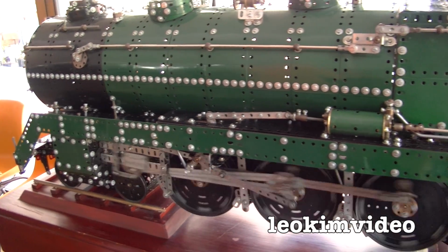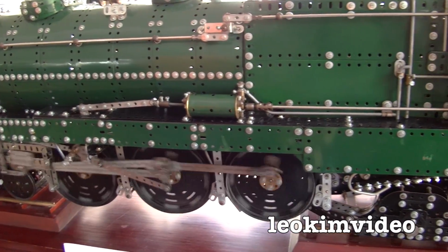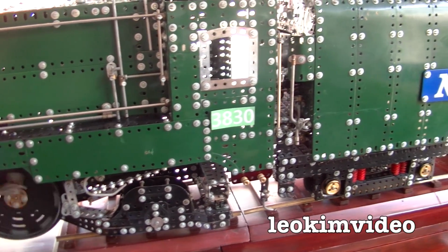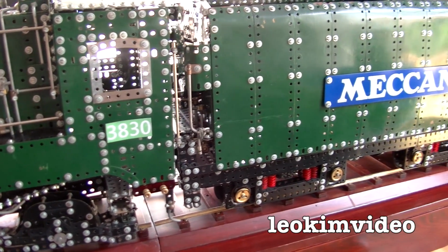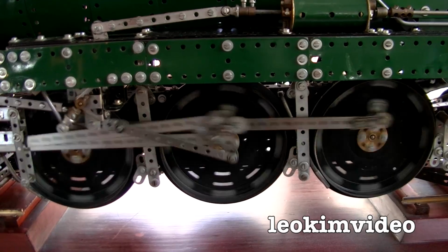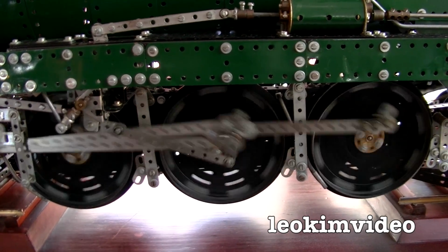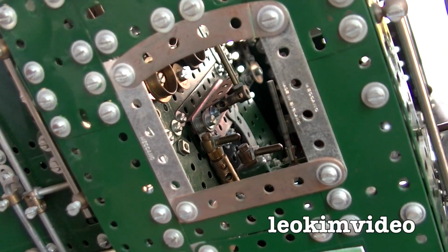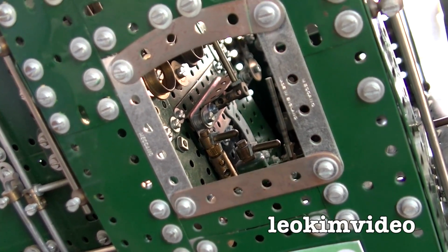Ooh, this is a lovely model of a steam locomotive, 3830, which I think was built just after the Second World War. I've read a wiki page about this, and it's a little bit disturbing that this steam engine is actually needing a new boiler. So at the moment, like the 3801, it's out of service. And my God, I just hope that the people who are looking after this thing get this repaired in Australia